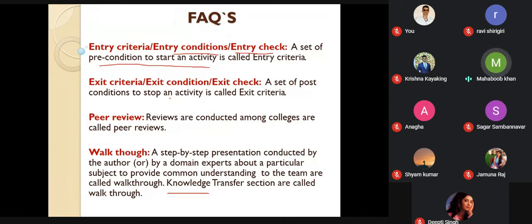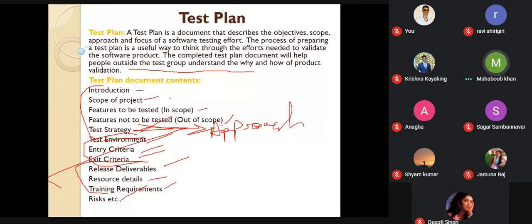You completed all the things. It's not like today the class is done, so that is exit, or all the syllabus is done, so that is exit. No, the goal of you joining this should be completed. Then only it is called exit criteria. The same thing applies here. At each and every level, when it gets completed, that is called exit. When it is started, it is called entry. It's straightforward. Now I feel that you understood. Okay, now let us discuss one of the important things for you.